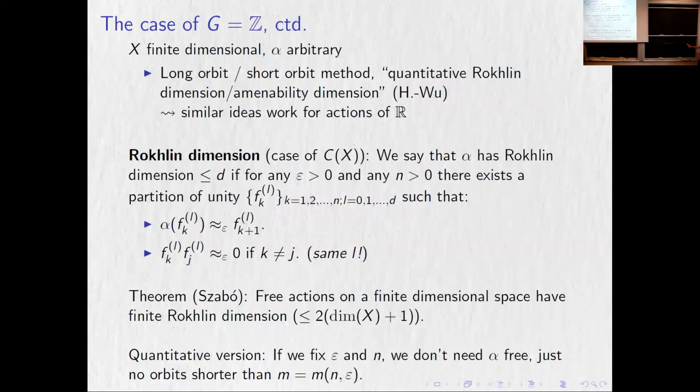And I should say it's not trivial to do things carefully enough, even for an irrational rotation of a circle. But leave that aside. Okay, now this is not a partition of unity, right? I have those things which look very trivial. The point is this dynamical system, if you ignore everything else, looks very trivial. I have this, which gets moved to this disjoint set, and so on and so forth, right? The Rokhlin lemma in dynamical systems tells you that up to some large n, your dynamical system is very trivial. Let's have a bunch of disjoint sets which move to one another, and all the interesting stuff is how the last one goes to the beginning, right?